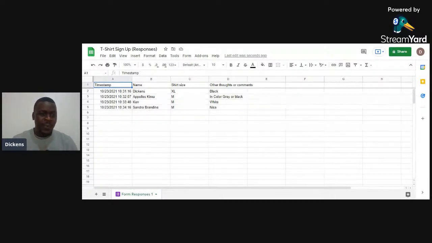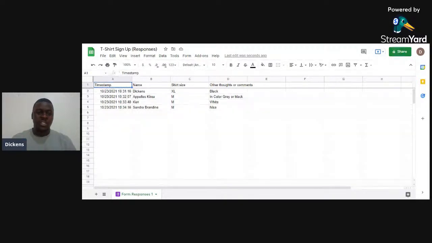Apeles signed up a minute later, 10:32. Medium, gray in color. Ken has signed. Sandra has signed here. So as you can see, this is presentable as compared now to the form, all right? So you can use the form and just present the data on your spreadsheet.